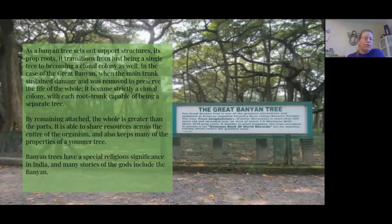And it is all a clonal colony. The great banyan tree, earlier in the 20th century, suffered a lot of damage, and the tree that is at the heart of the banyan eventually succumbed to the damage that it received and began to rot. The decision was made at that time to remove the heart of the great banyan tree, and that made it more strictly a clonal colony as opposed to a tree at the center, which had a 50-foot diameter trunk with all its little baby trees around it,